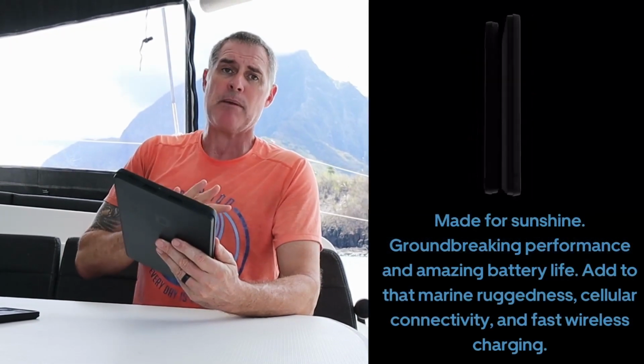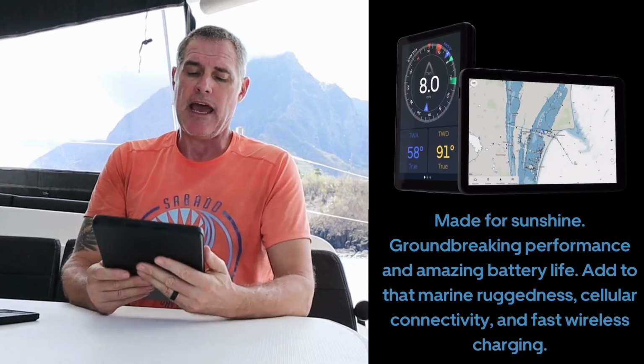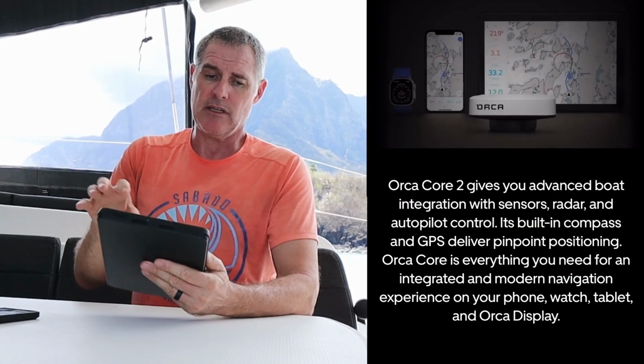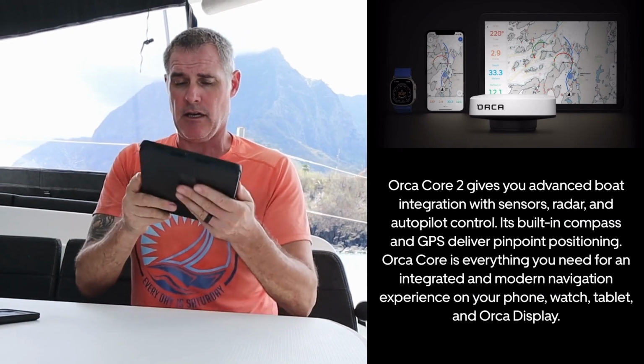Okay, so the company is Orca, and they have three main products. They have the Display 2, they have the Core 2, and then they have their software that runs on this unit. Their software actually works on Android,